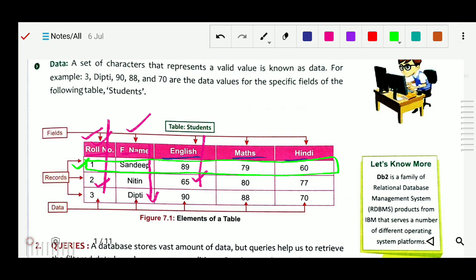Suppose its name is Ram, so this row is the record of Ram. Here 1 is the roll number, then father name, English marks, math marks. So in each row there is the record of one person. This is called a record.